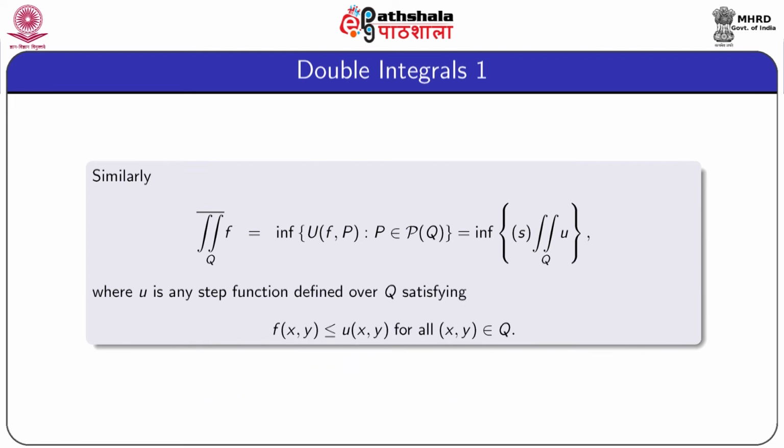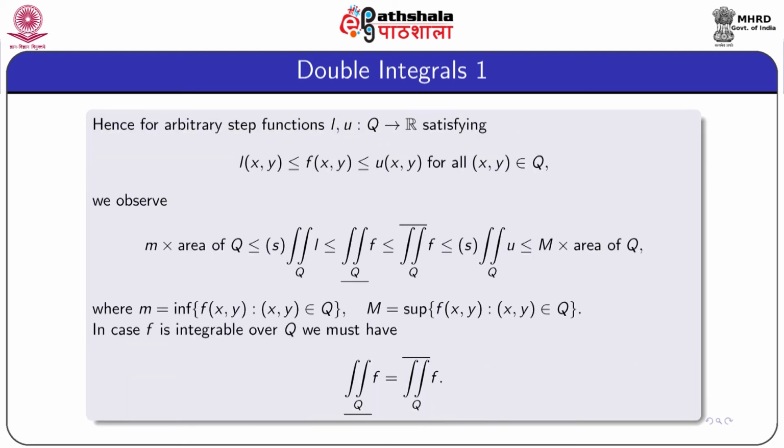Similarly, the upper integral of f is the infimum of UFPs, equal to the infimum of step integrals of U over Q, where U is any step function defined over Q satisfying f(x,y) ≤ U(x,y) for every (x,y) in Q. Hence, for arbitrary step functions L and U from Q to R satisfying L(x,y) ≤ f(x,y) ≤ U(x,y) for every (x,y) in Q,